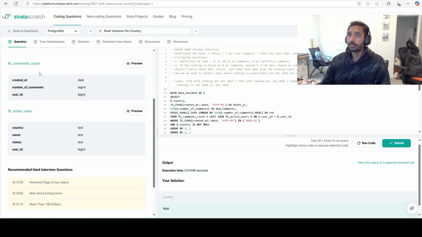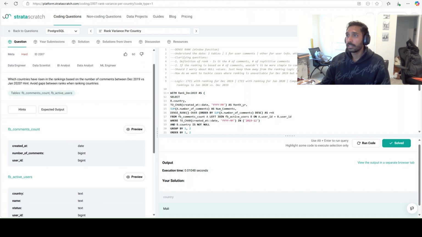So we have two tables, essentially Facebook comments count and Facebook active users. And we are trying to get the rankings of both between the months December 2019 and January 2020, based on the number of comments. So if the number of comments has increased, there should be a higher rank, December 2019 versus January 2020. So a couple of tricky